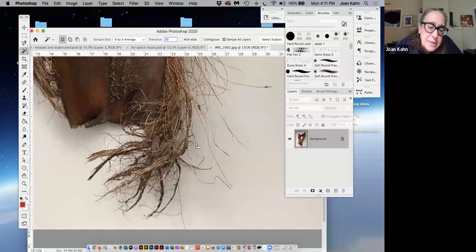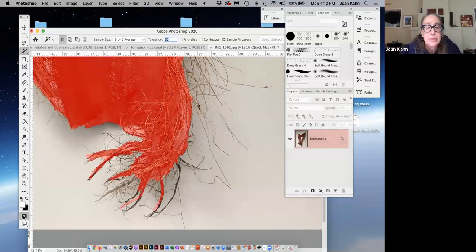So I fooled around with that, trying to get as much as I could selected. I didn't do too good a job because I was doing this really quickly for you guys. Now the way you can tell if things are selected is go to the quick mask tool, which is the little round circle under the foreground and the background fill colors on the toolbar. So go to the quick mask tool and you'll see that it shows you what's being masked